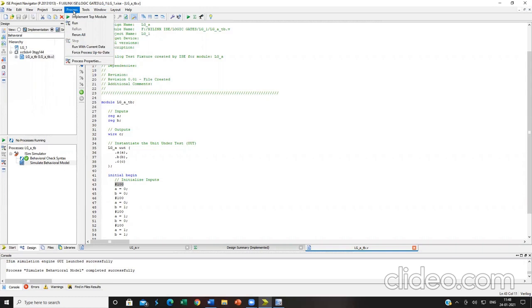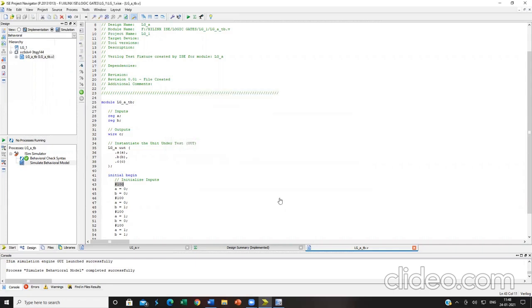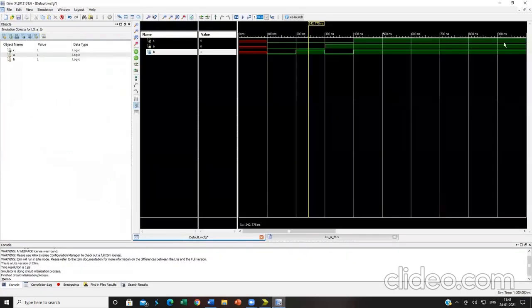In the process properties, it will be asking your simulation runtime. Here you can select 1000 nanoseconds. Click on OK. This is the way how you can change your total runtime.